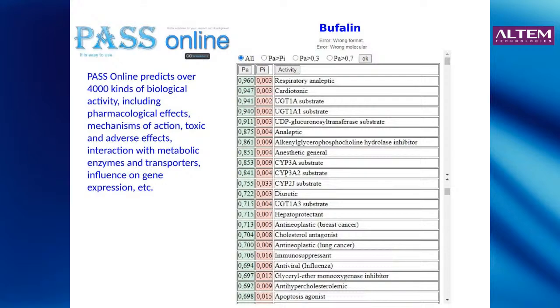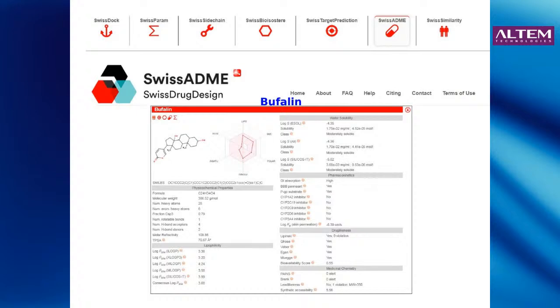So it has a good probability that it may act as an antiviral agent. There is another website called Swiss ADME. All these websites are freely available, and the only problem is you have to go to different websites and plug in your SMILES structure and get all the results. So this Swiss ADME is another website which can give you the